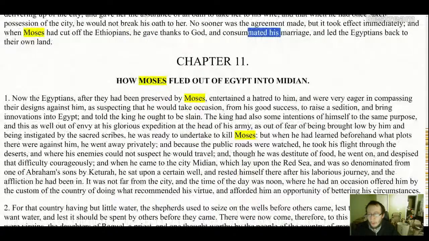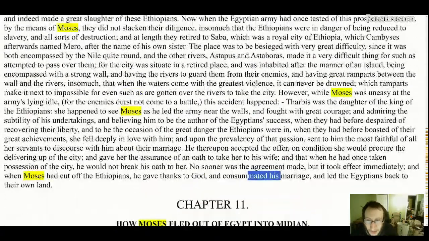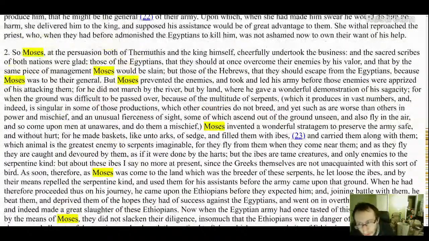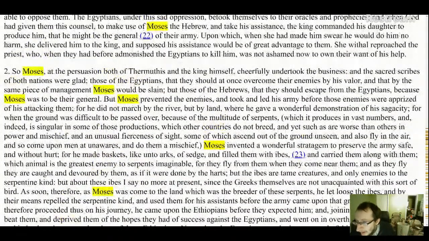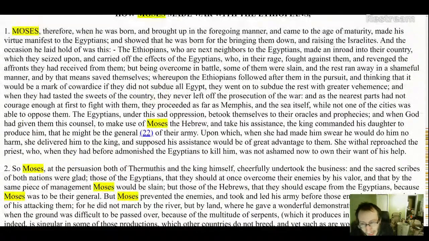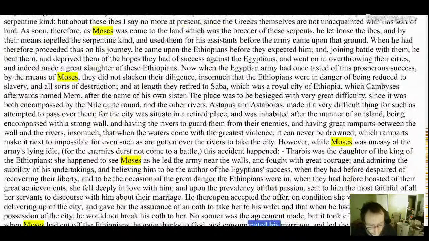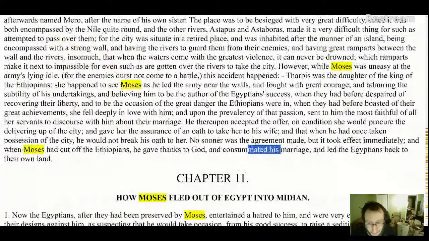So that whole thing, nowhere in our copies of Scripture, Josephus says it's in Scripture. So either he just made it up, which just doesn't make sense, or he got it from a book. And what book is there other than the Testament of Moses? So I believe this account was from the Testament of Moses. And in the New Testament, it actually says Moses was mighty in a way that doesn't fit with what we see, but fits very much this account.